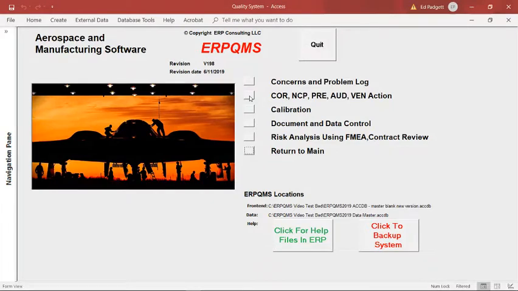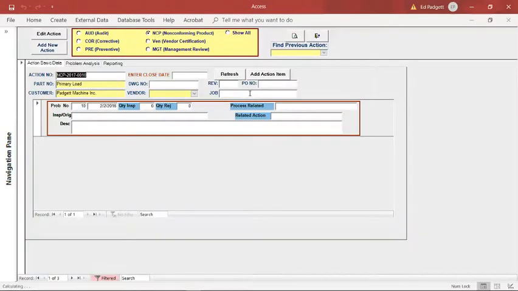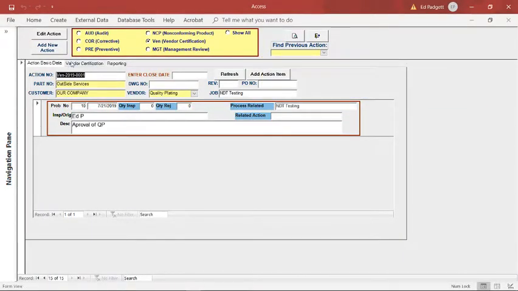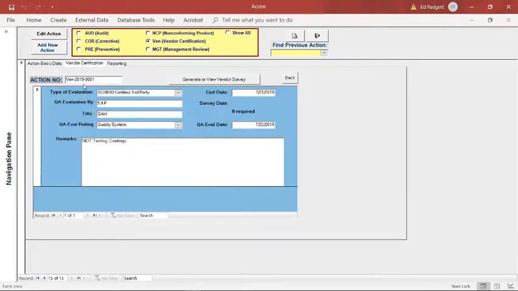We're going into the module where vendor action is performed, toggle vendor action, and you'll see that Quality Plating, a plating service, has been right there. You see it's on the far right. Quality Plating is an outside service. Under vendor certification, under remarks, here's where we're going to put expire